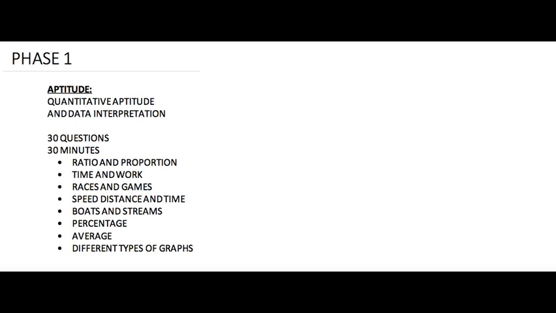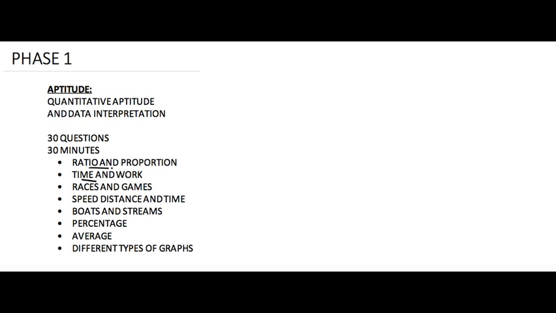The next subsection is quantitative aptitude and data interpretation. There are 30 questions in both these areas combined, and normally people are willing to give about 30 minutes. Normally, there are 2 questions of data interpretation with 5 sub questions each. So, there are a total of 10 questions in DI and a total of 20 questions in quantitative aptitude. Some of the areas have been listed out below: